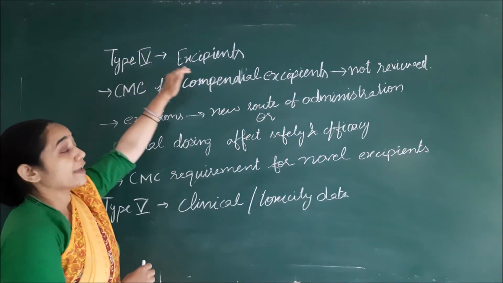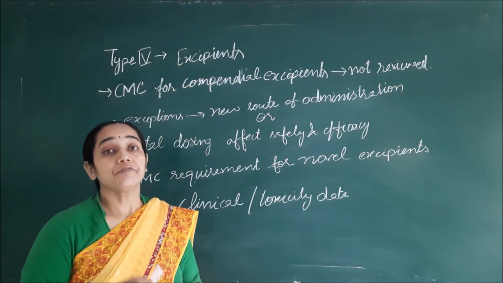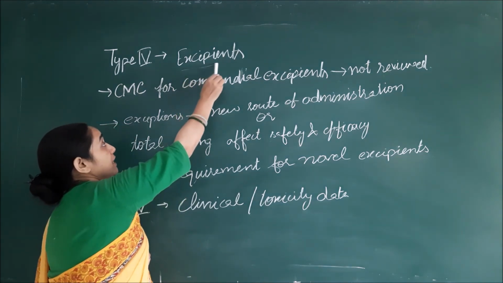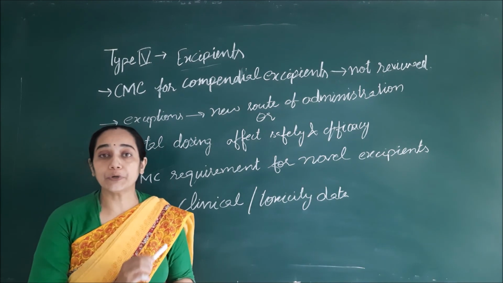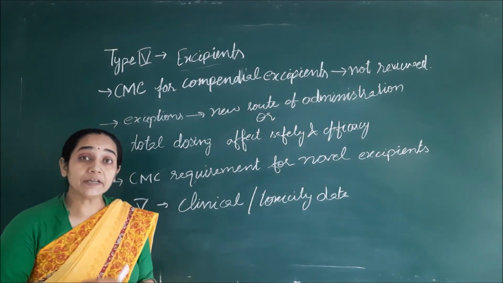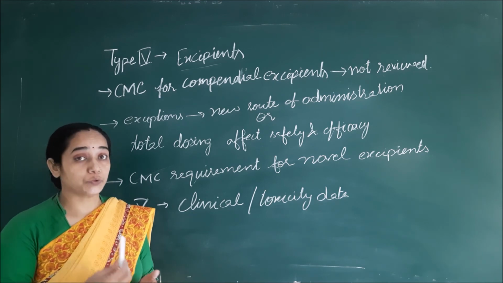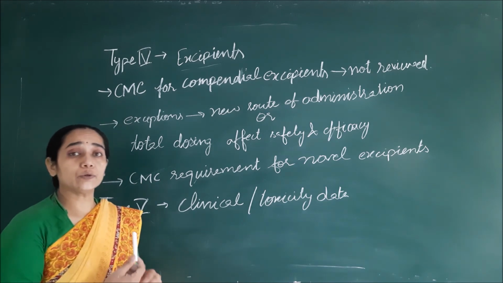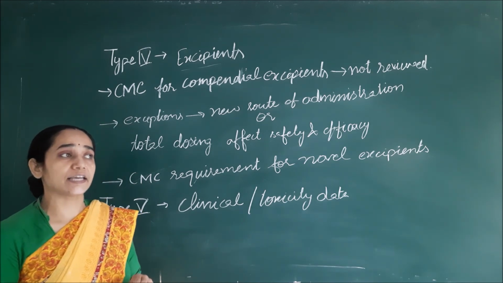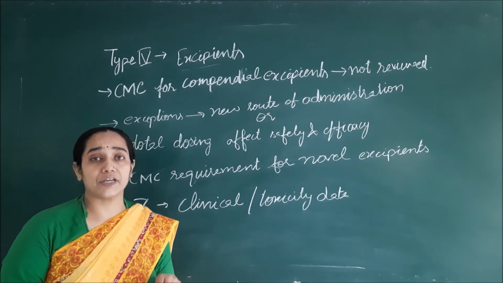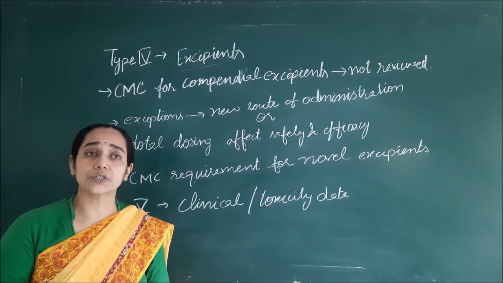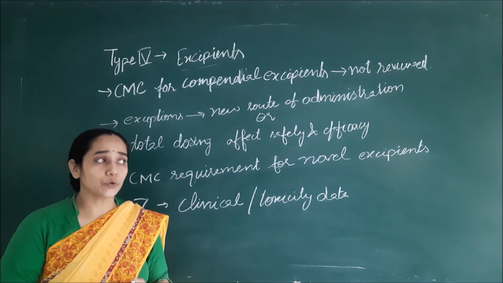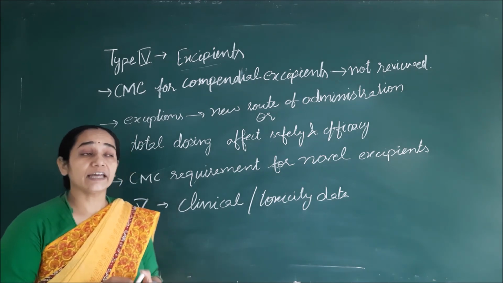Now, type 4 excipients. Type 4 DMF will include all the information about the excipients. Excipients are the components of the formulation other than the active pharmaceutical ingredients. And if the excipients are commonly used, for example, microcrystalline cellulose, lactose, spray-dried lactose, like these kind of things which are commonly utilized and specified, then we need